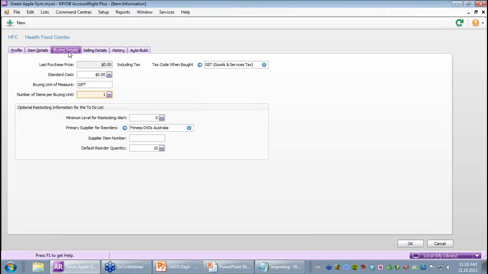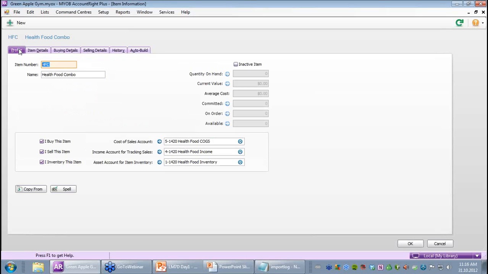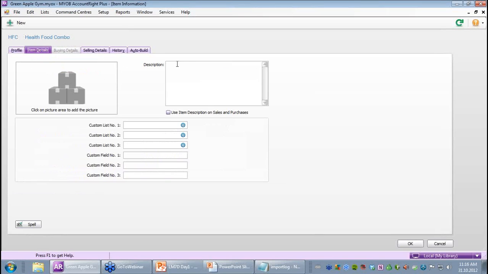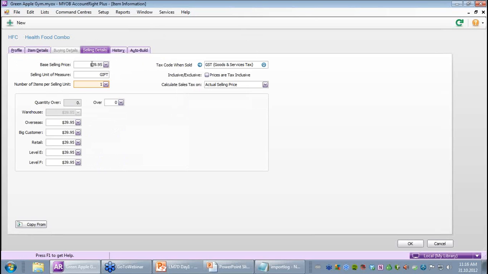Oh no, we do have a specific amount. Sorry, we do have a specific amount. And if I click on profile, 41420, we don't buy these ones in, so I don't need to tick I buy them. I can put in a description in there, lunch, yummy, health food bar and shake combo, so I'm looking at page 179. If I look at the selling details tab, this is $5,